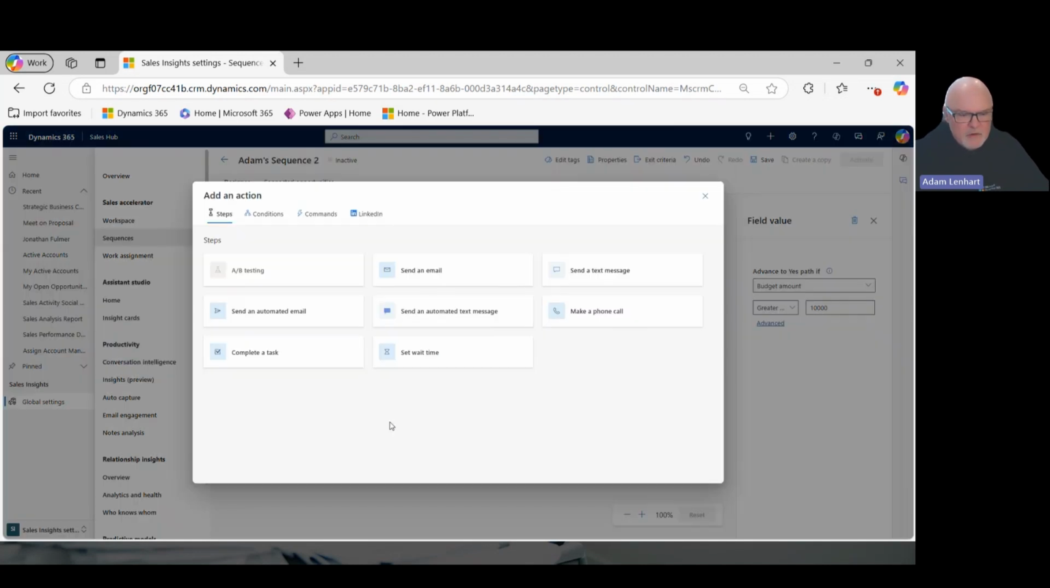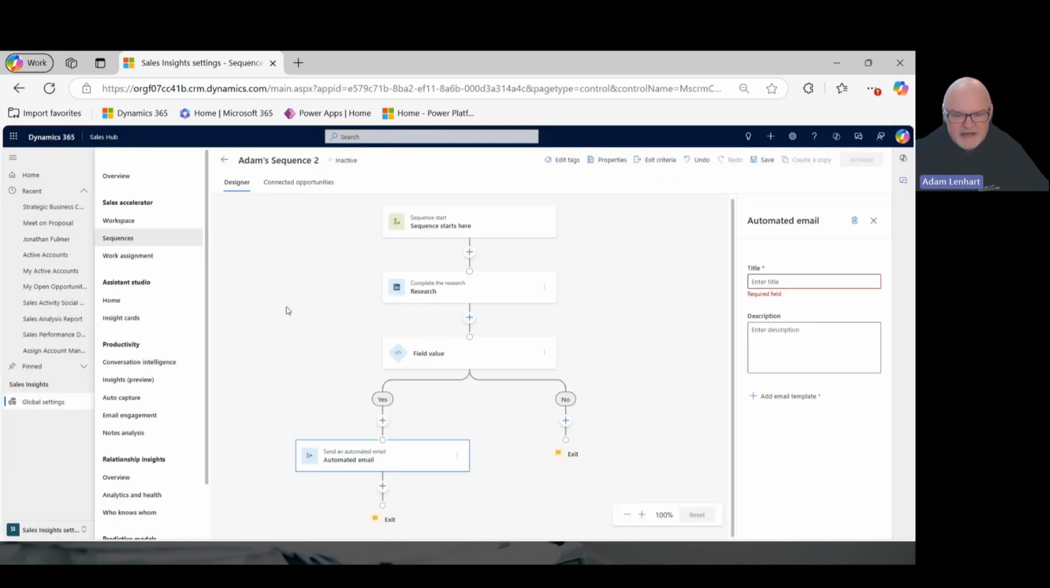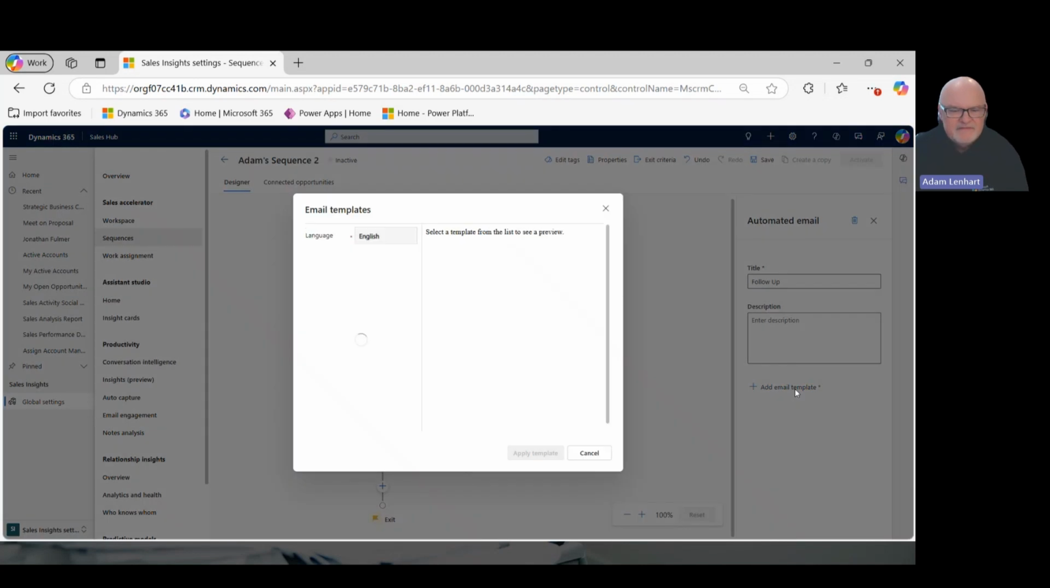So if yes, we'll go ahead in this case and send an automated email. And we've got some steps here, and we'll give that email a title. We'll just call it follow-up. And then you can go in and select an email template. So again, completing a lot of work for you. You don't have to write the email. You can select a follow-up email, and we're just going to go ahead and select a generic one and apply